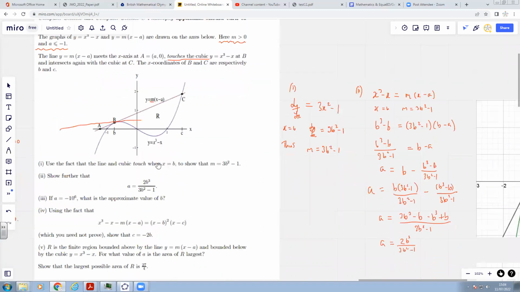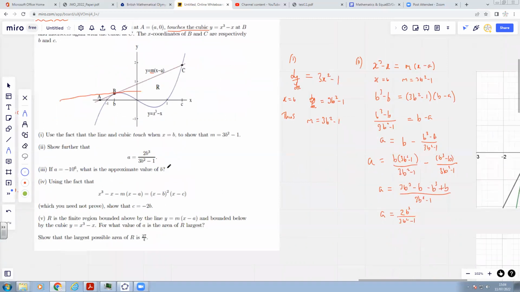Now, that makes this very doable, because we're going to say as a gets very negative, or let's do it the proper way, the mathematical way, as a tends to negative infinity,